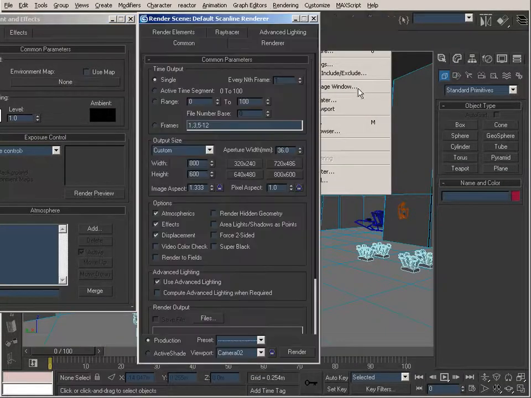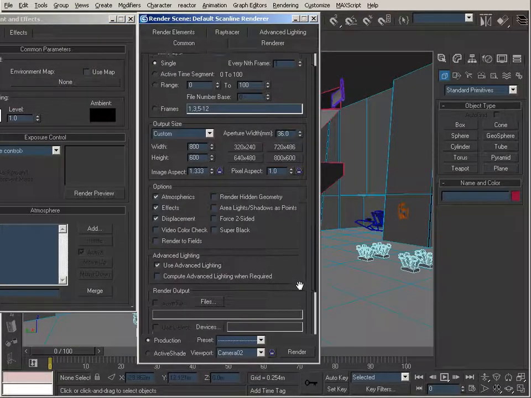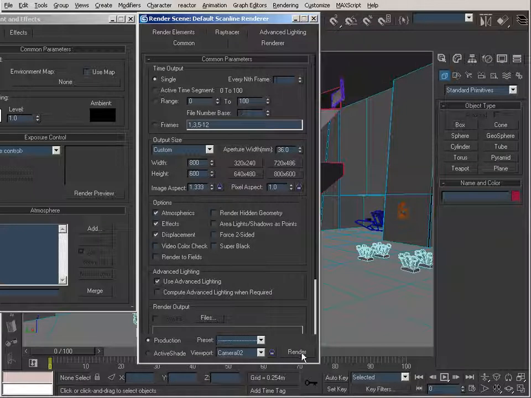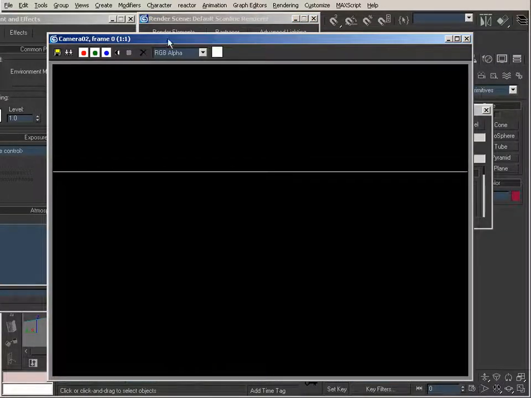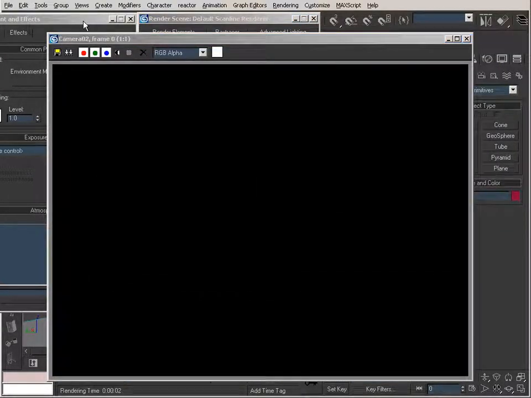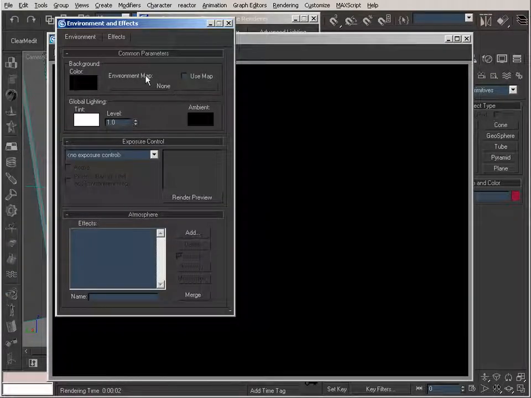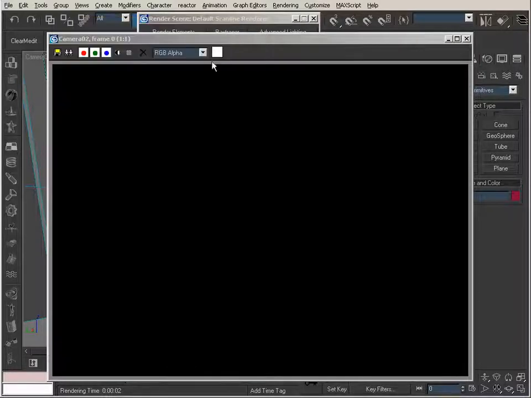And if we go ahead and render this, and this is just in a straightforward scanline render out of 3D Studio, we will notice that basically it renders with black. So here you go: background light, ambient light, nothing at all. So if it renders with black,